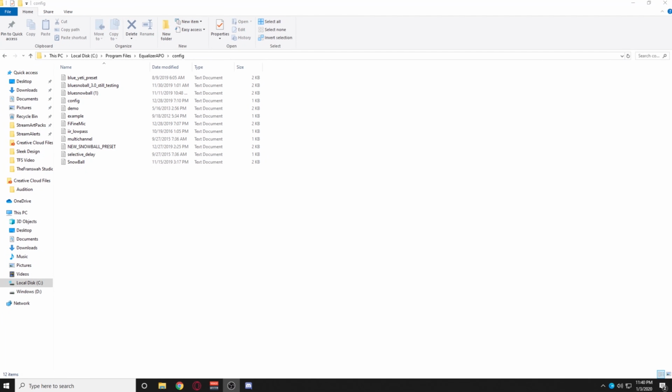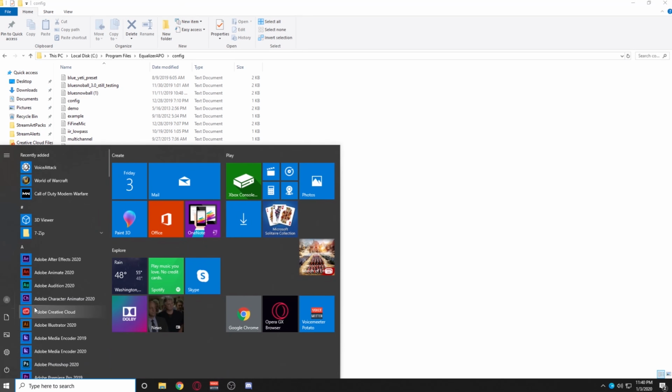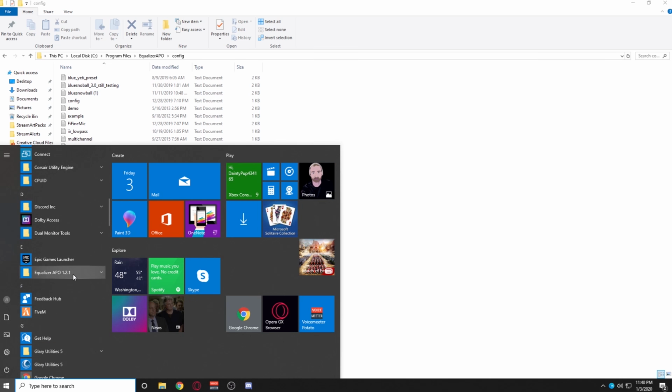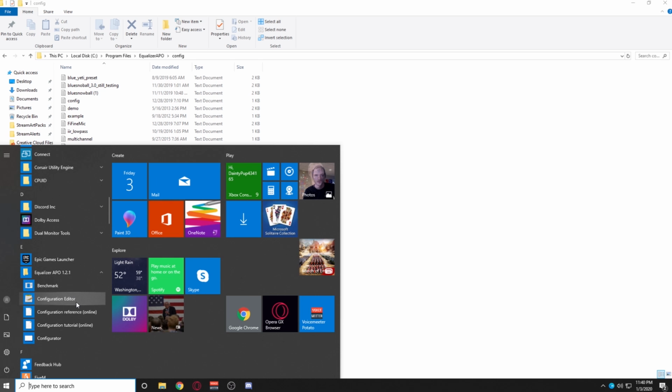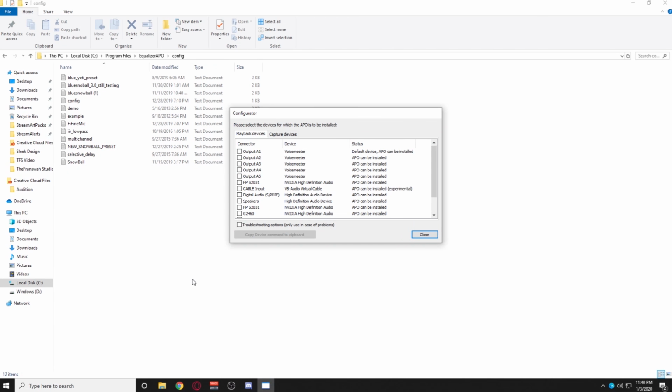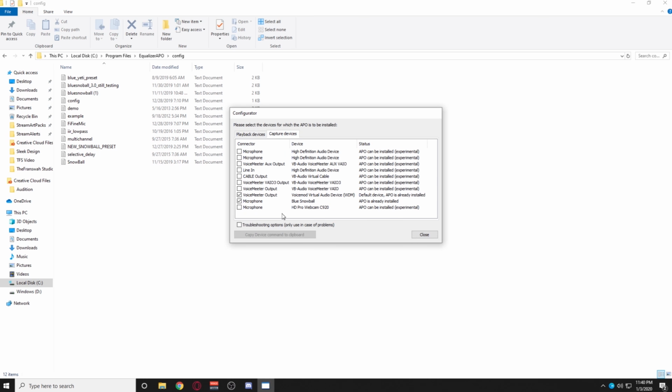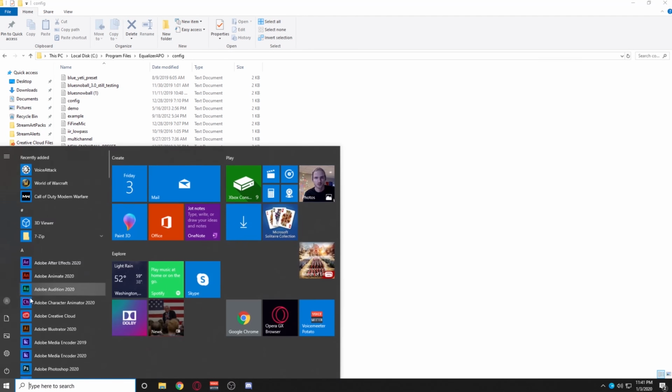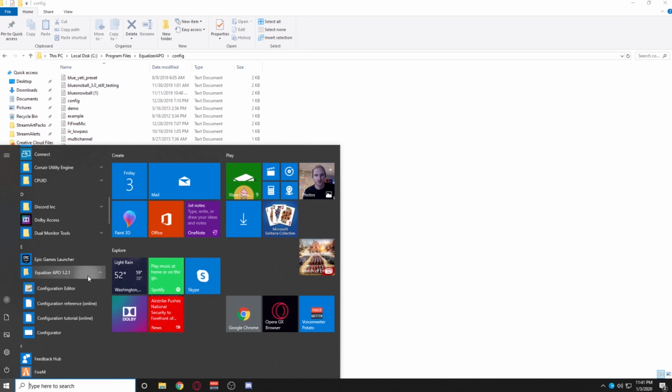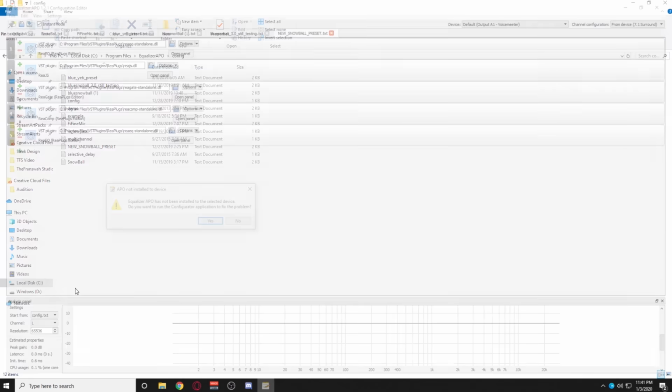Once you've got that dropped into the config file, what you can do is hit that Windows button, scroll down, go and find Equalizer APO 1.2.1 and open the configuration editor. Actually, I'm sorry, the configurator. Once you have the configurator open, it'll look something like this. You need to go to Capture Devices and select the microphone device that you're using, and then go ahead and configure it there. Next, go back to the Windows tab, go down to Equalizer APO and open the configuration editor,